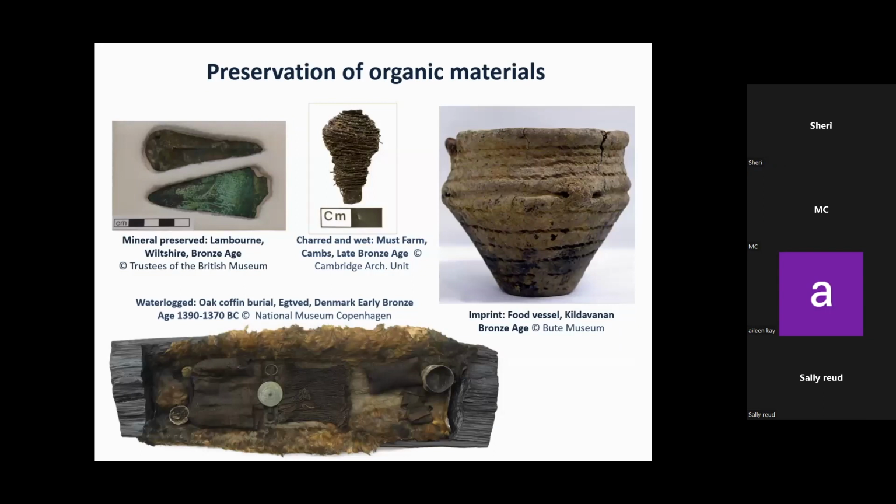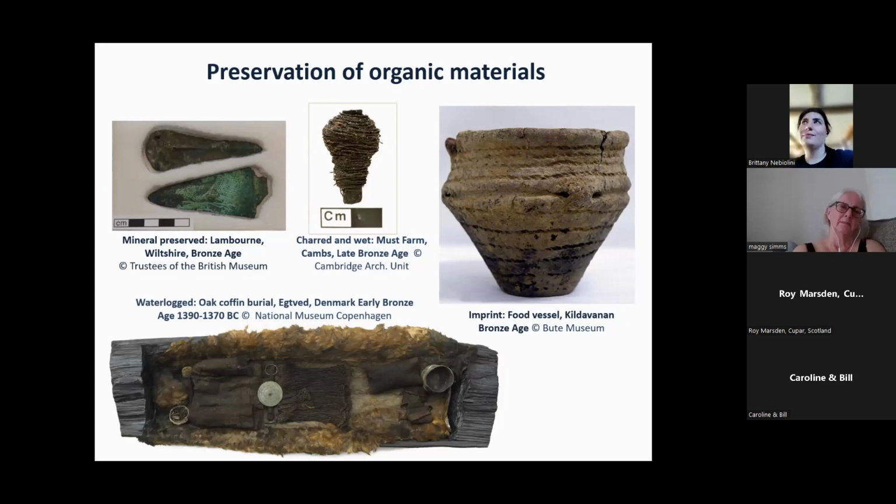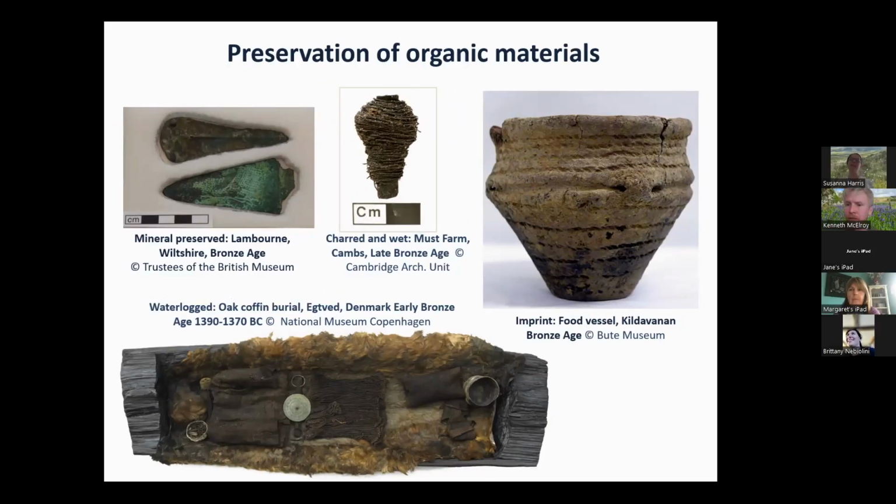So what does that actually look like when we think about archaeological examples? If we start on the left, as you're looking at the screen, is mineral preserved textiles. This is where organic materials have been in contact with metal. It's those metal ions impregnating the textiles or covering them that creates a special chemical environment that preserves them. You can see that by the green colored textile on the copper alloy